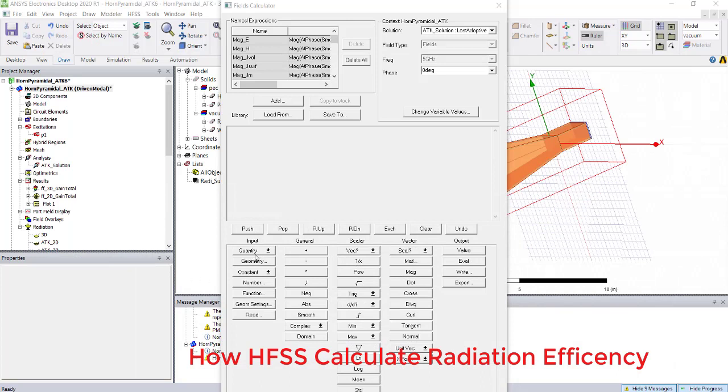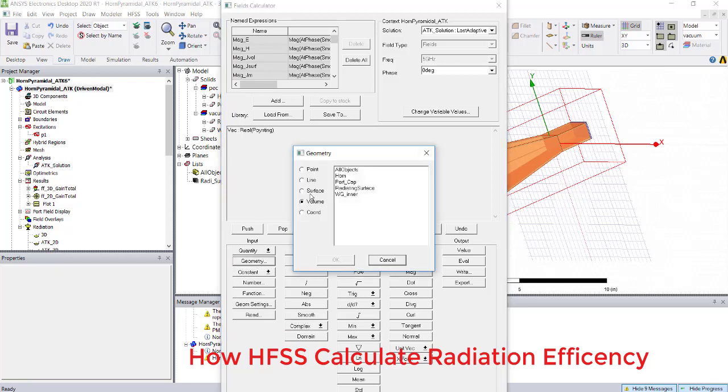First of all, select the quantity Poynting vector and take the real part of the Poynting vector. Now select the surface, and select that radiation surface, which is all 6 faces of the radiation box.